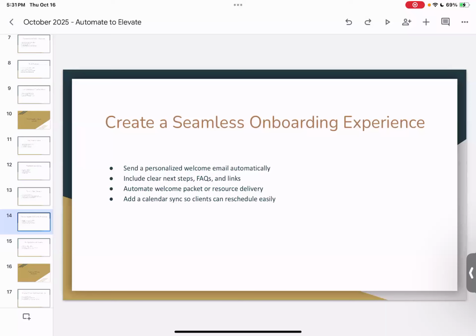Moving a little bit forward, this allows ultimately for a seamless onboarding experience. So you want to be sure that you are sending a personalized welcome email automatically. You can include next steps, including frequently asked questions and links that are followed up upon receiving the welcome email, and or